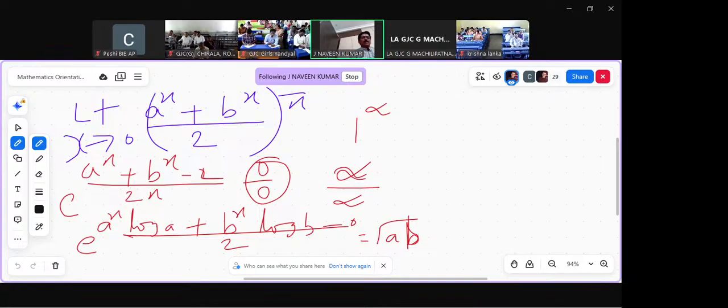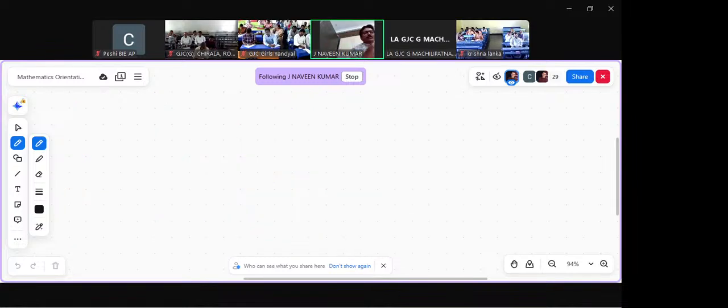So I'm going to the next page of the whiteboard. So first we discussed 0 by 0. Next we discussed infinity. From these two, by generalizing, we can write